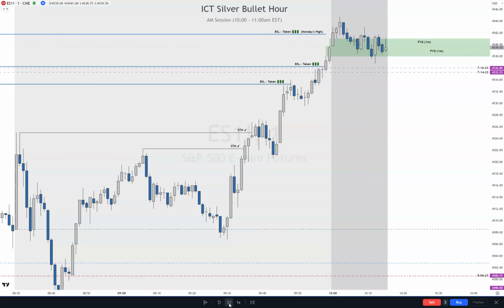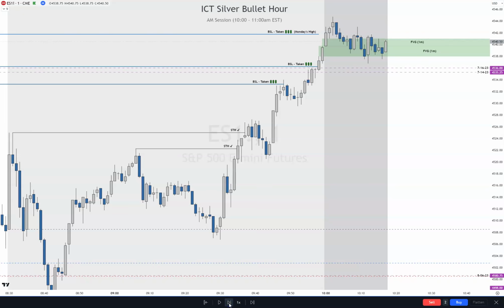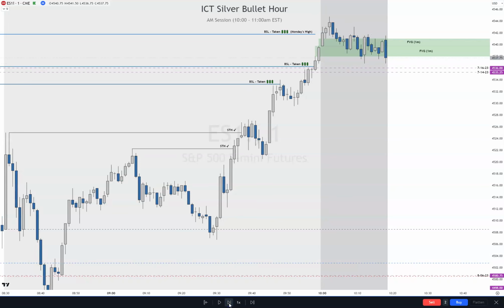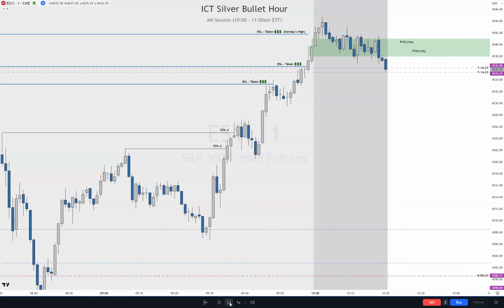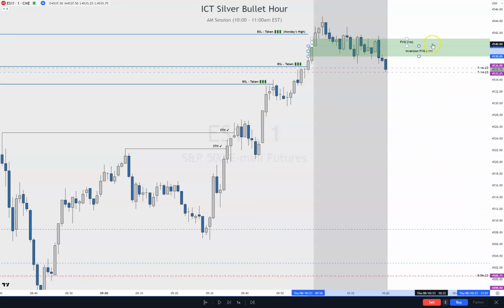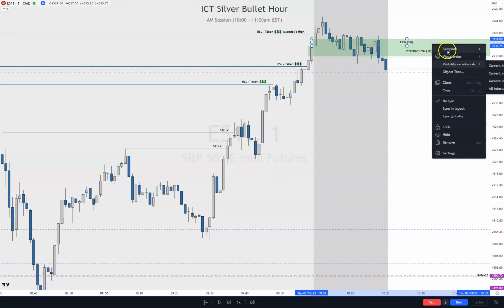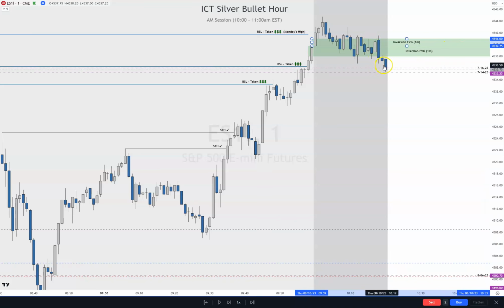It's kind of staying in these PD arrays, just bouncing through. I want it to cut clearly through them to call them an inversion, because they're being respected, not being respected, kind of ping-ponging back and forth. I want to see it clearly leave, that would be good. Okay, so now I would consider these both inversion fair value gaps. If it trades back through, then we've got to change them back. But for me right now, it clearly left them both. So now, instead of just ping-ponging back and forth, it actually has left them.